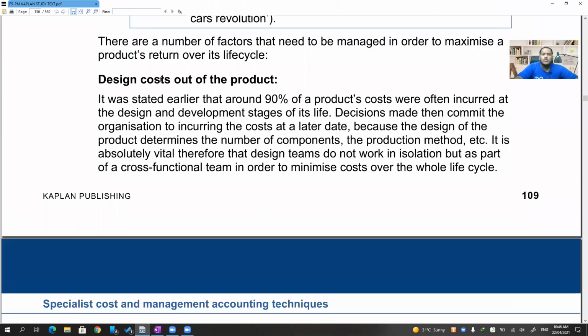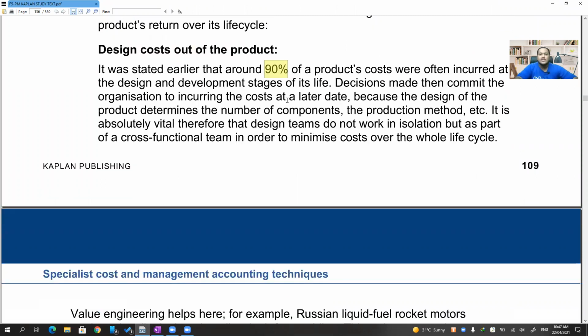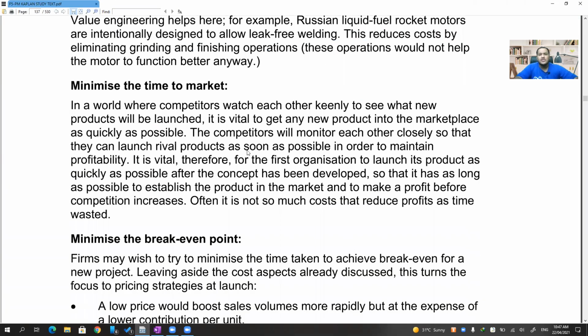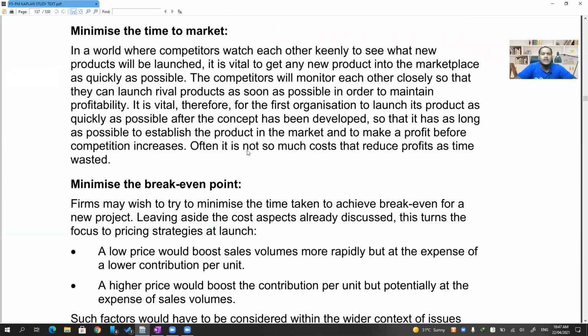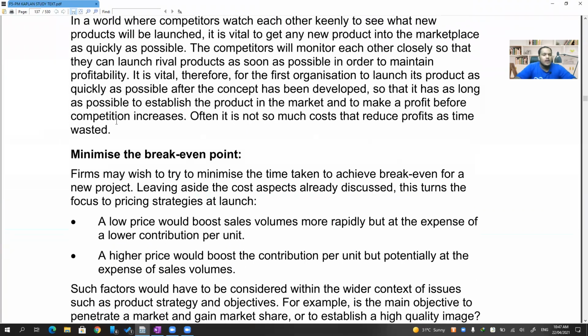Designing cost, like during the research and development only we incur all these design costs. They keep changing this number every time. In some places they say it is 80%, 85%, 90%. It's just a rough estimate, so it keeps changing. Don't worry about that. You don't need to know the exact percentage incurred during the research and development phase. 80 to 90, go ahead with that.